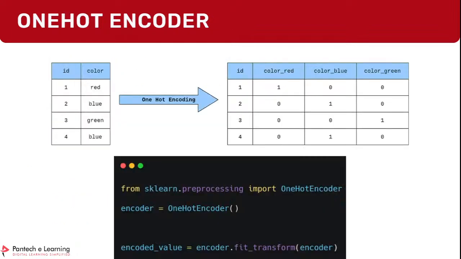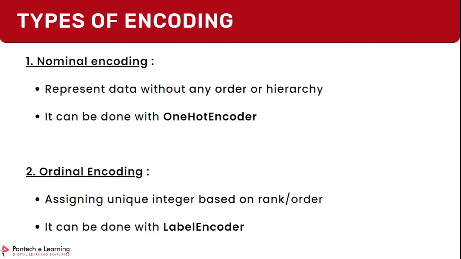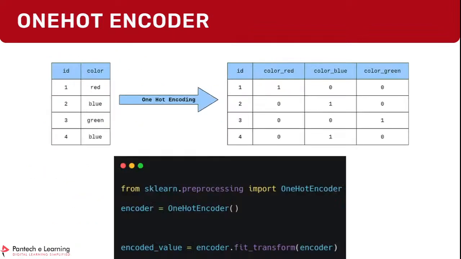So in nominal encoding you won't be mentioning any hierarchy or order, so you can perform a binary encoding like this. If you have three classes like red, blue and green, for example, you can create a column for red. If it is red here, it will be 1 here and the remaining both will be 0. If it's blue, then in the blue column we will have 1 and the remaining will be 0. So instead of this text we are just representing it in the format of numbers.